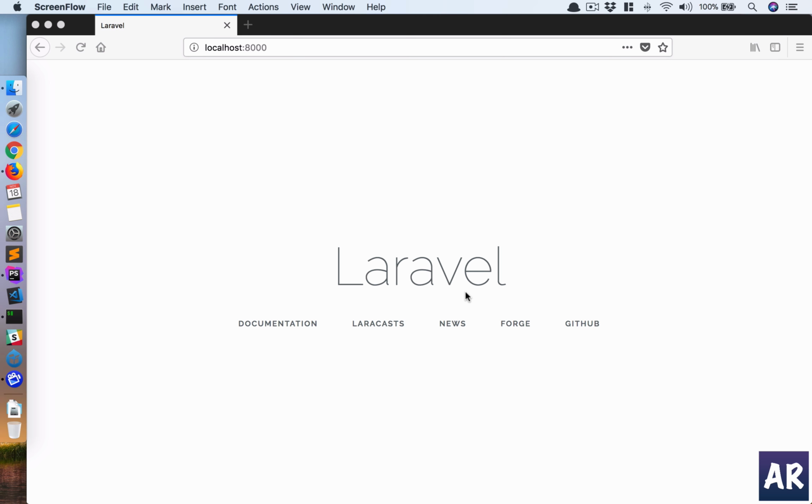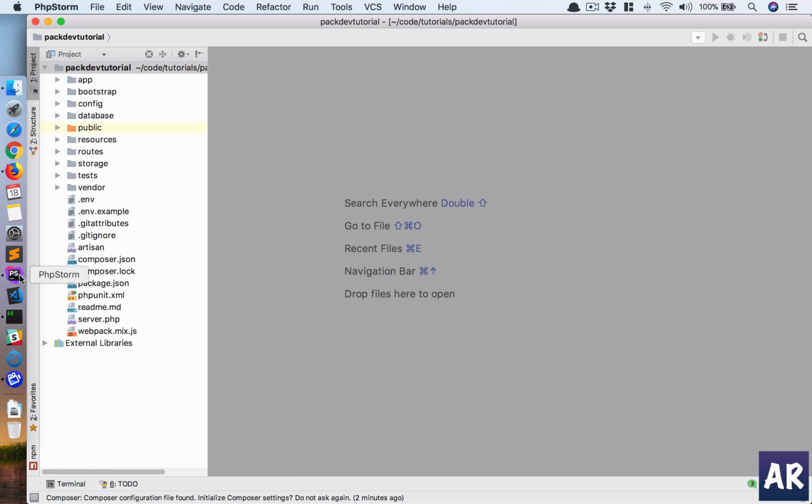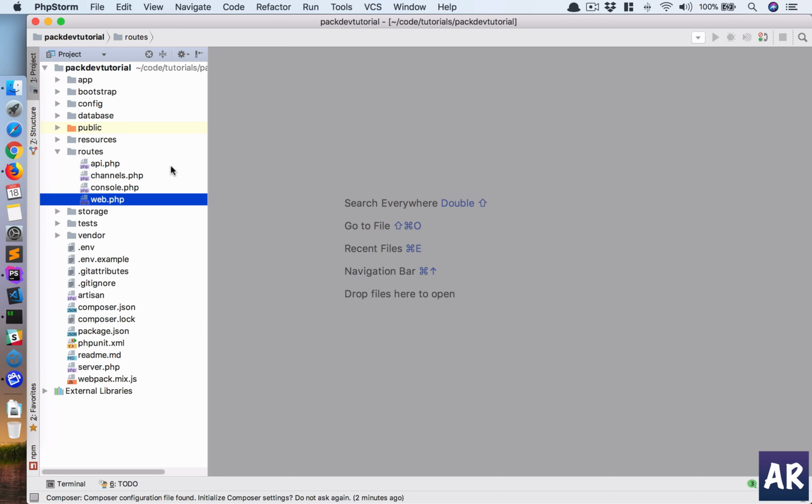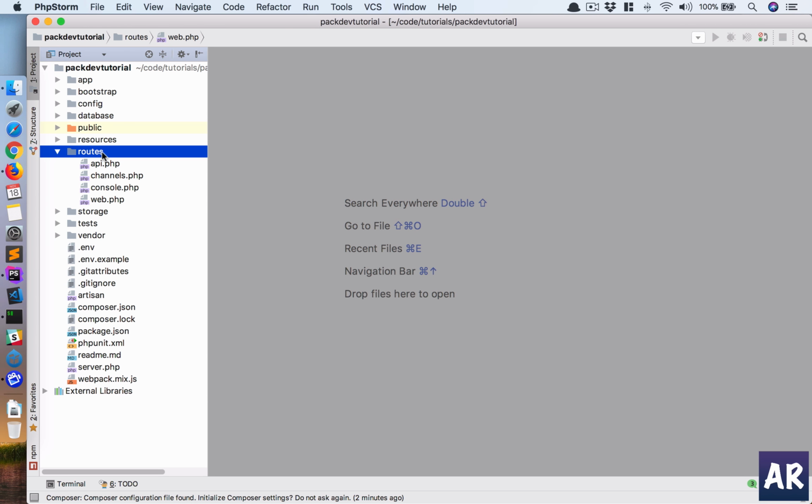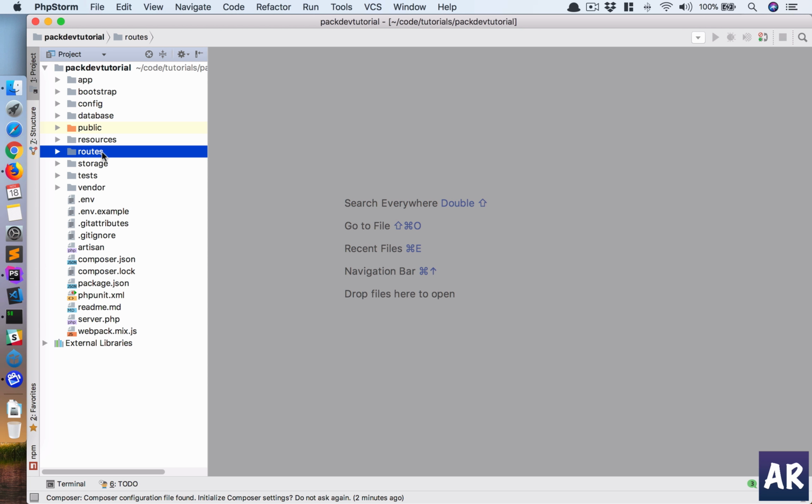In this series, I'm going to show you how to create a Laravel package which we will eventually put on GitHub and then Composer Packagist so that we can include that as a package in further applications. So I have a fresh install of Laravel. I have done practically nothing. So I have web.php route which is clean, api.php. Now just to give you a small brief, what we are going to do is